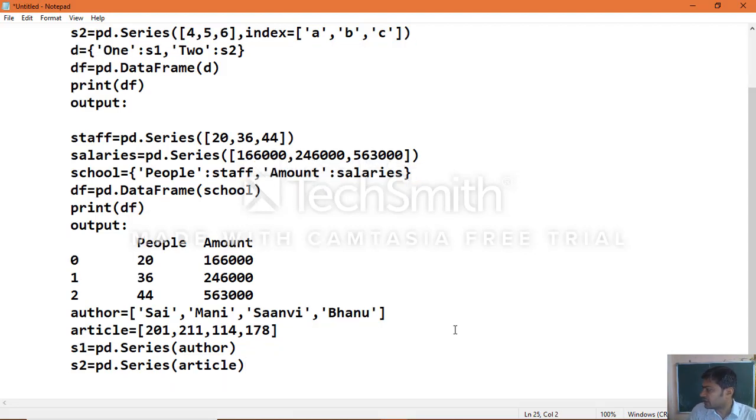Then create a dictionary d: author, for which the value is s1, comma, another one is article, for which the value is s2.